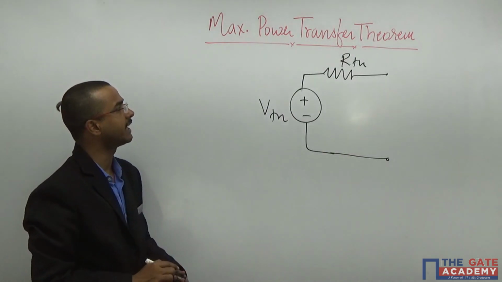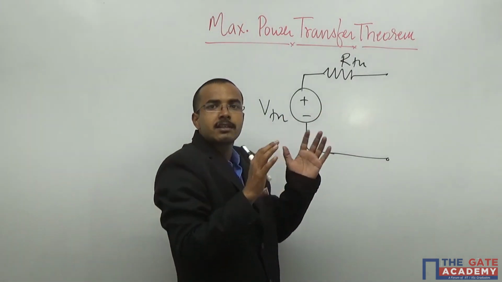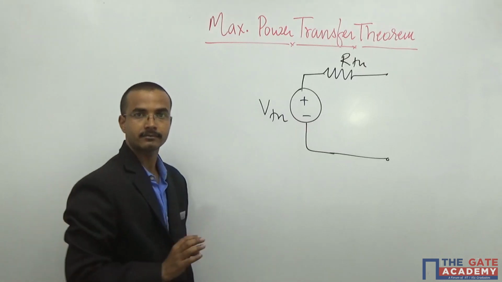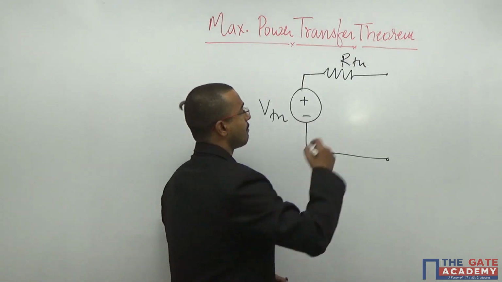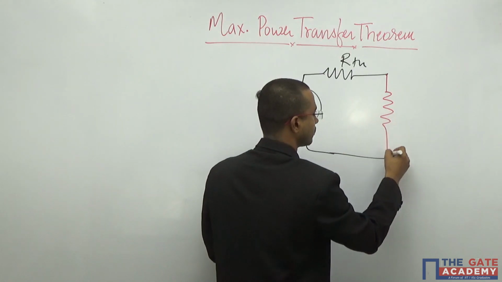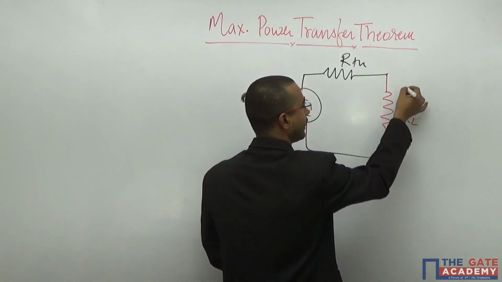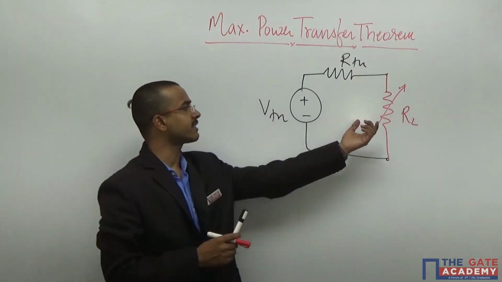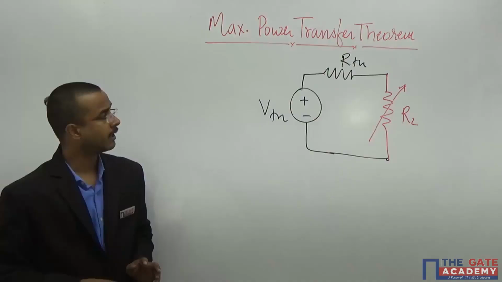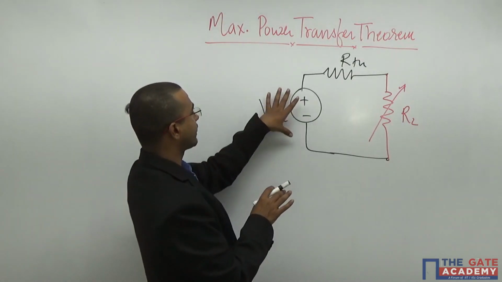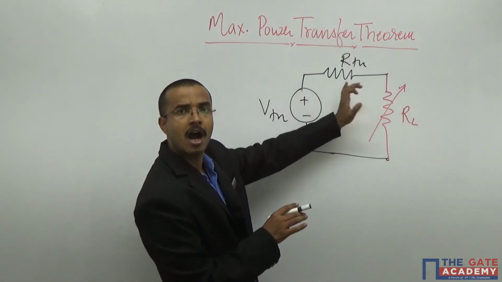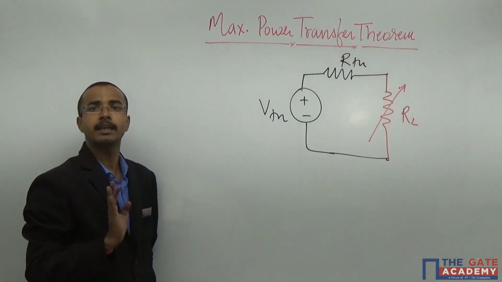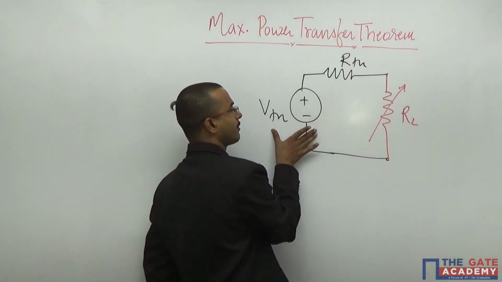Up to now we have studied in the Thevenin equivalent that any bigger circuit can be replaced by one voltage source and one resistance. And my load is across this, and it is my variable. That means I have the freedom to place any value of the load across the terminal. I want to know, if I connect this voltage source across my load, how much power it can deliver. I am interested only in this: how much power I can transfer from here to here.